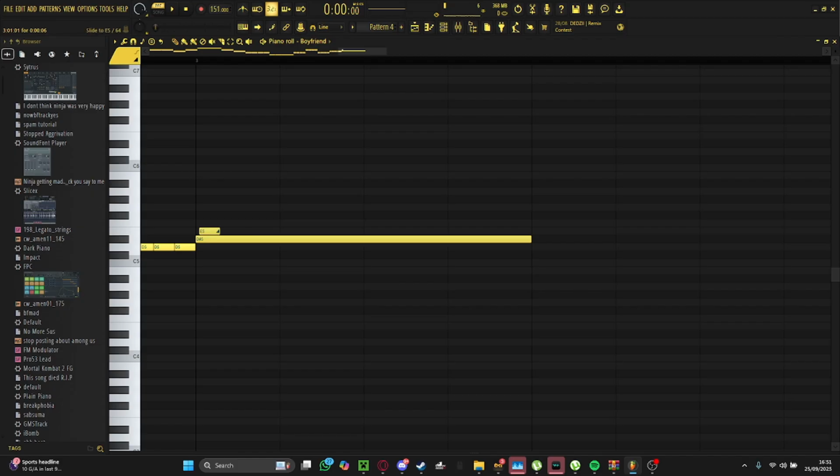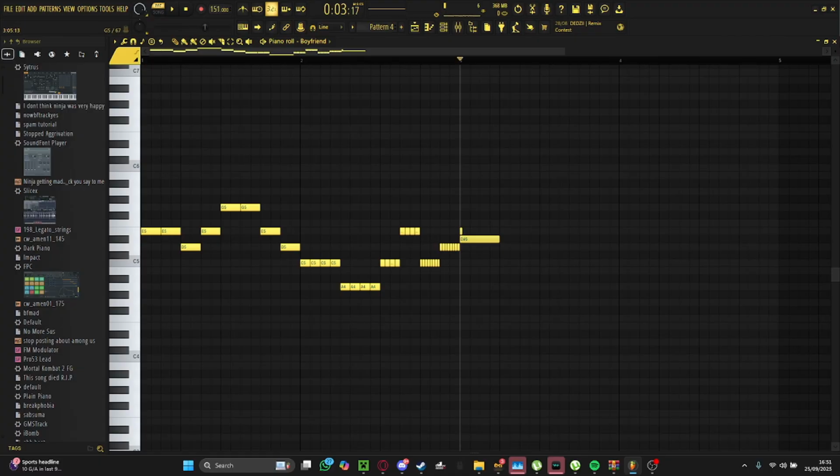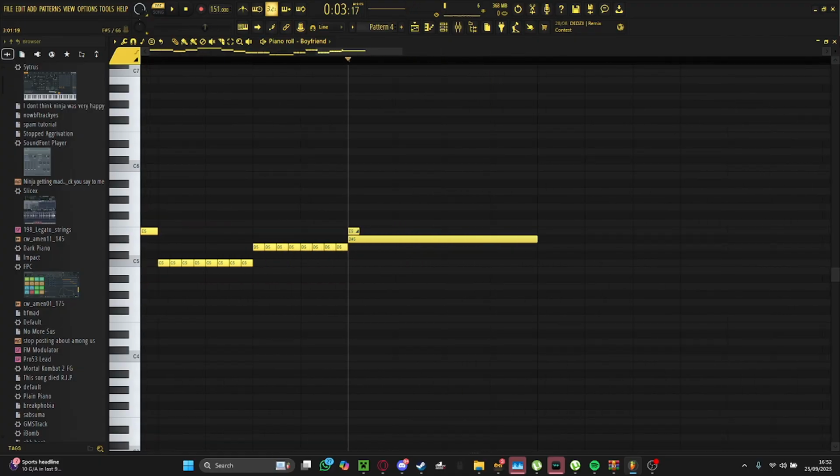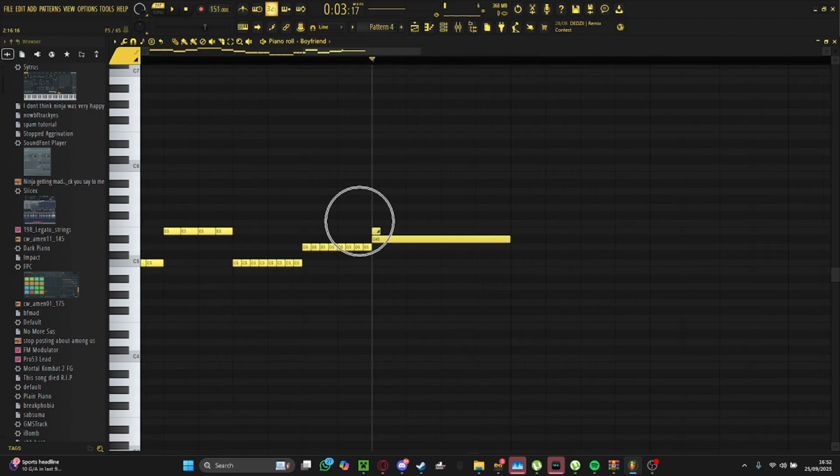I'd recommend making it really small so Boyfriend's note goes up instantly, so then it just sounds like this. So it would originally sound like this, but I put it as this, which is obviously off key. But I wanted to change up the vocal. Oh, what's it called? The vocal vowel. There it is. I'm actually so dumb in the head. Anyway,